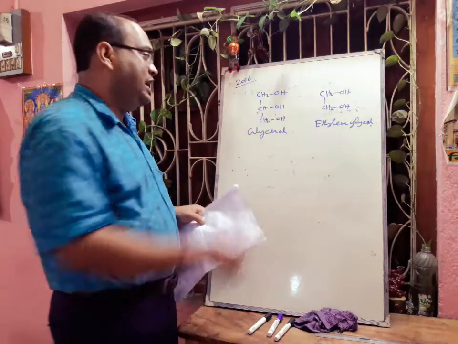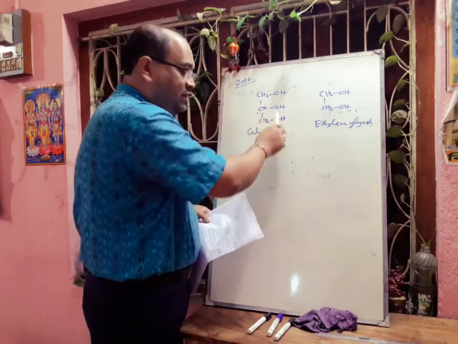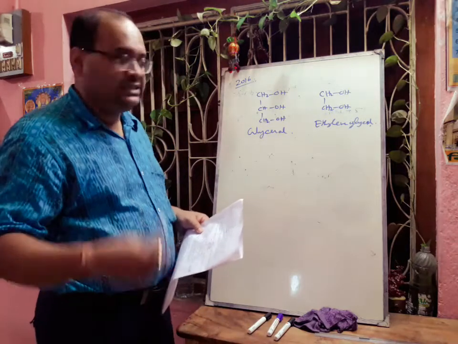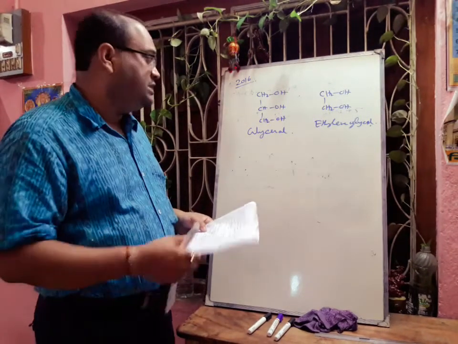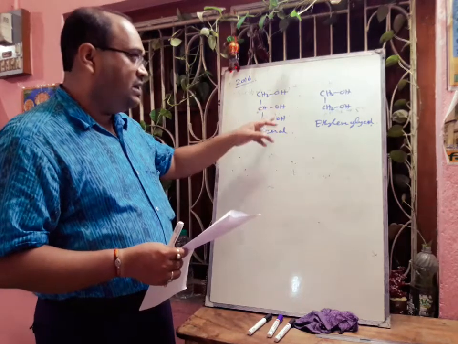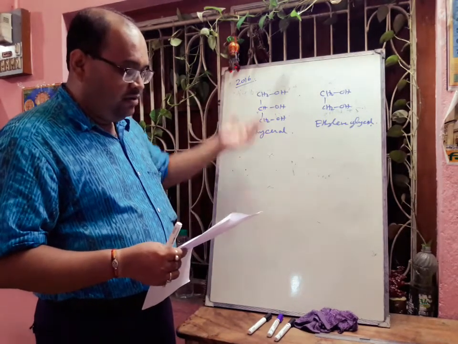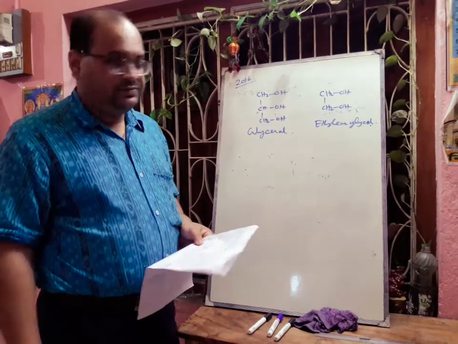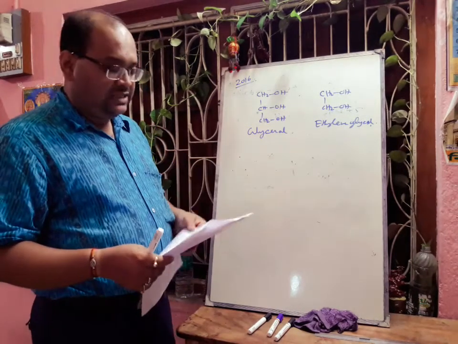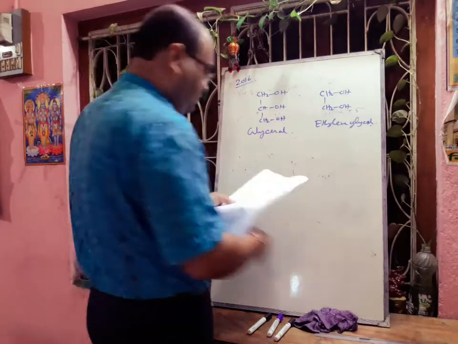intermolecular hydrogen bonding. So here there will also be hydrogen bonding, here also hydrogen bonding, because as there are 3 OH groups, there will be a greater extent of hydrogen bonding, and because of this greater number of OH groups, the hydrogen bonding will be better, or a higher degree of hydrogen bonding. That is why glycerol is more viscous compared to ethylene glycol. Okay, hope you can understand.